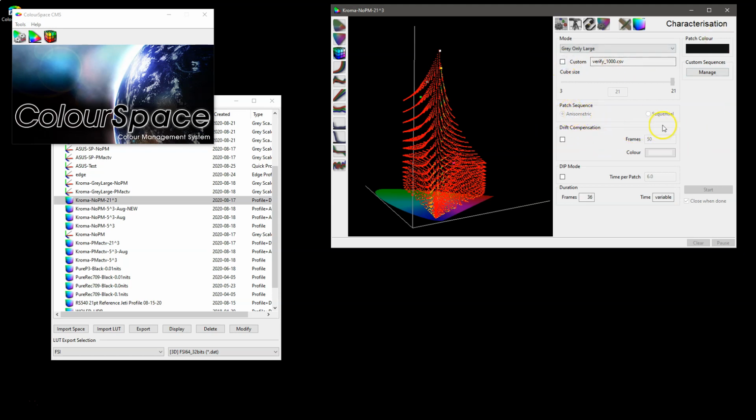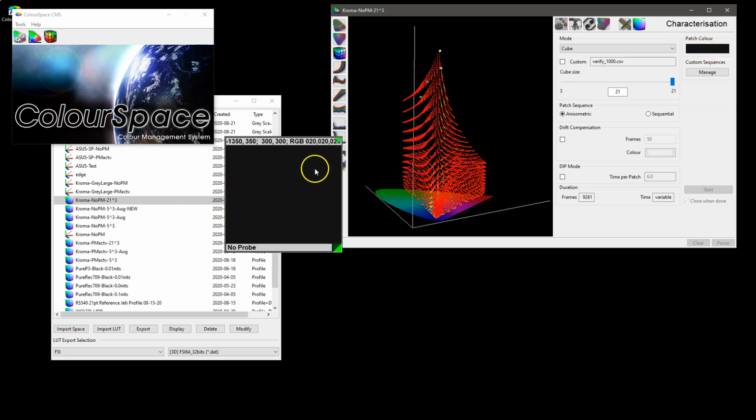You've also got the ability to choose sequential or isometric when you're doing cube-based processing, which is obviously defined by the size of the cube, the number of patches in its side, so 21 cube 3, which gives you just over 9,000 patches. You can use drift compensation, DIP mode if you're using something like Ted's fantastic LightSpace disk for an external patch source. Obviously toggle patch color on and off,